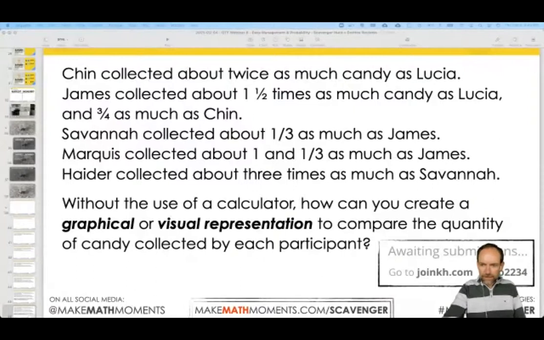All right, Nicole saying, I started with Lucia as 1 candy and Chin as 2 candies, which sounds like such a great way to make this accessible, right? So it's like, okay, well, I know twice as much. Well, twice as much as 1 is 2. Awesome. And then we can go from there. And then it said it didn't work for James. And I'm going to go out on a limb here and say it didn't work for James because it was 1.5 times, which started maybe getting you down the fraction path. And maybe it's not as nice or as friendly, right?